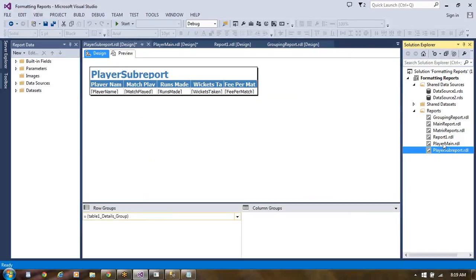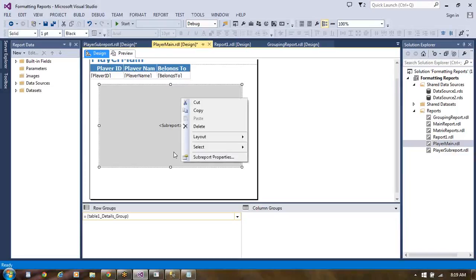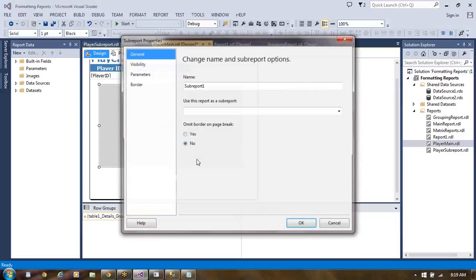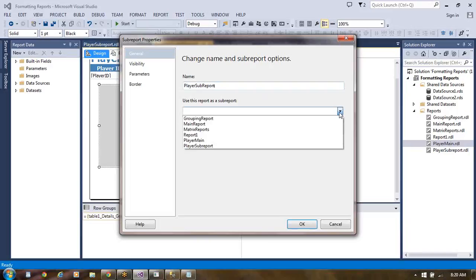Now we come to the players main RDL. Here we can add the sub report. Sub report properties we take here. The name is sub report 1. Use this sub report, or you can put it as player sub report. Here we choose the name of the sub report.